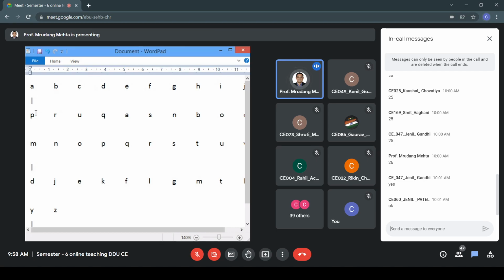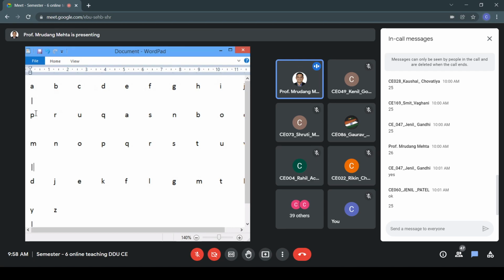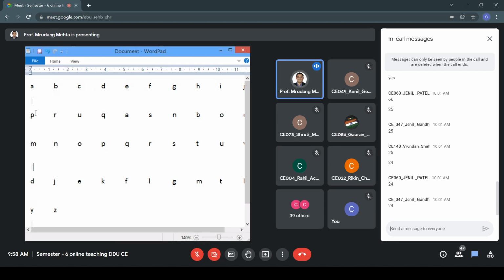For B, how many possibilities are there? 25. For C, 24.